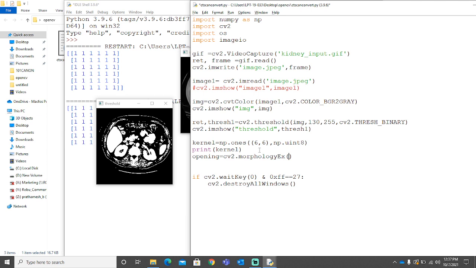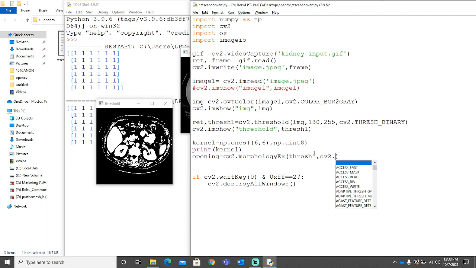There are various types of morphological transformation. The tutorials are available on the internet. What we will be performing here is kind of a combination of erosion and dilation. You need to understand that, you can do a Google search. It basically means, in a simple sentence, when we talk about erosion, we reduce the thickness of the components which we figured out early on. And dilation is the opposite of it, where we increase the thickness of those. Morphology opening is the combination of both of these, right?